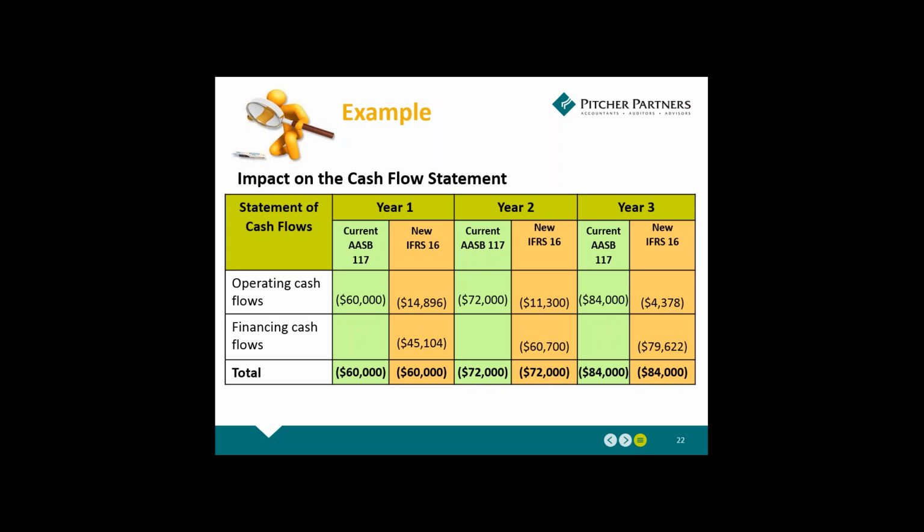Now going forward, the interest part would usually be an operating cash flow. So there's a big reduction in your operating cash flows. And then you'll also have this financing cash flow, or in fact a financing cash outflow, because you are repaying a liability, the 45, 60 and 79. Now I know some people disclose the interest expense also as a financing cash flow. It depends on what your policy is.